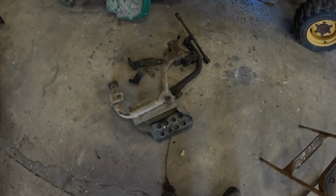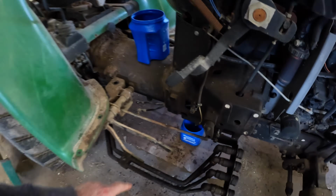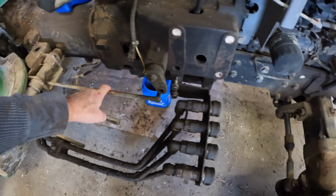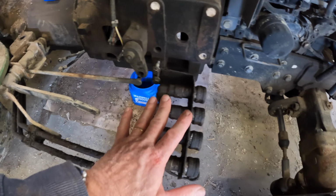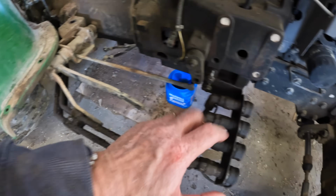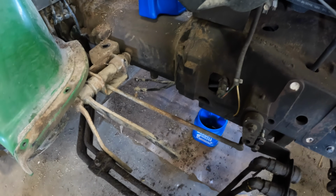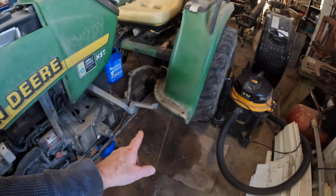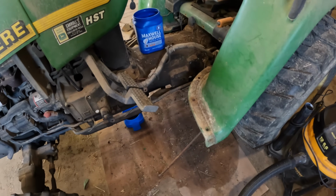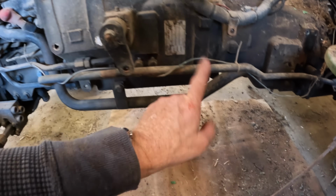Well, the parts are building up. Not sure if I'll know how to put it back together. I think I've got everything disconnected on this side. I just left one bolt in there to hold these up, otherwise there's going to be a little bit of pressure going down. I got the transmission lines disconnected. I've got the bar off on this side. The only thing left is going to be these two lines here,